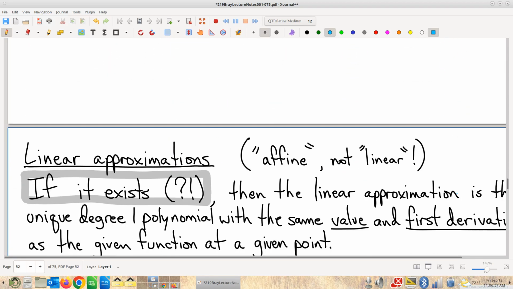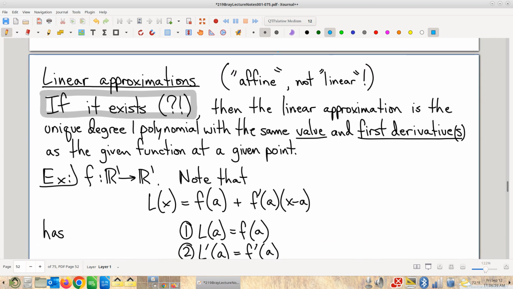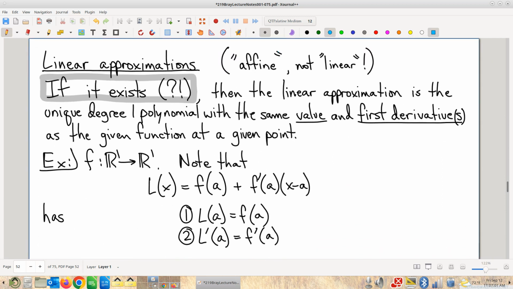Okay, moving along. So linear approximations, y'all probably remember this from Calc 1. I hope you remember this from Calc 1. If not, you'd want to make sure to go and review. But certainly I would expect you probably remember this formula. Let's talk about what that formula is. And there's different ways to say this. I like to think of the linear approximation